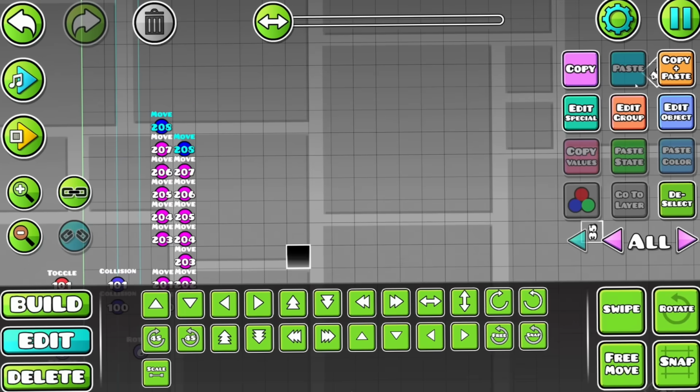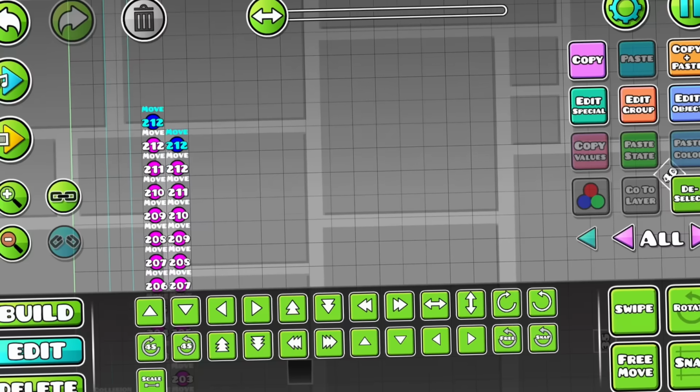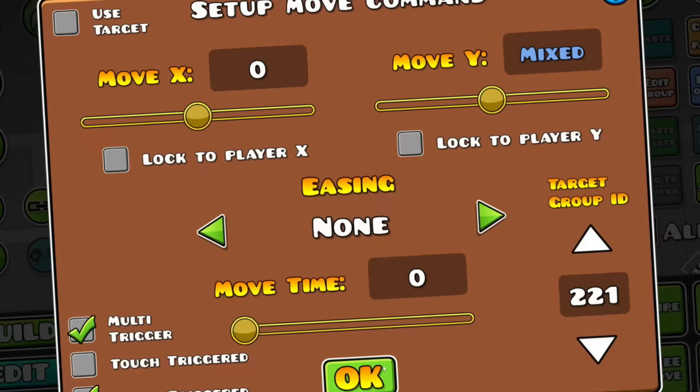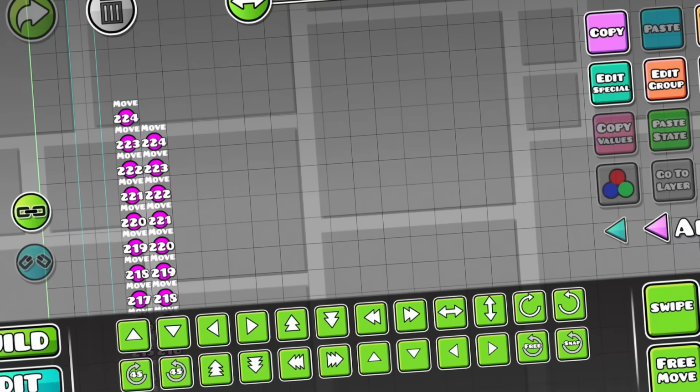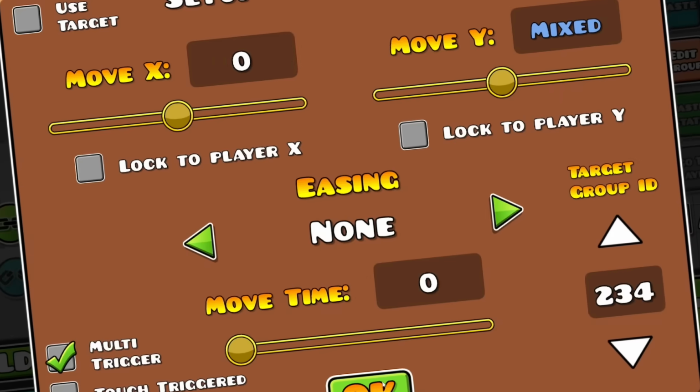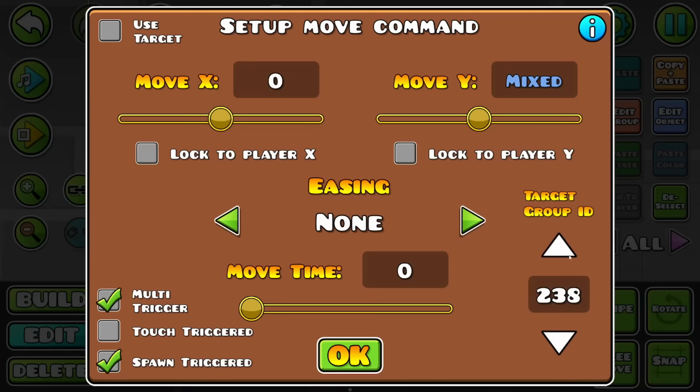A trigger's Y position doesn't actually matter, but it's just nice for me to be able to select each individual trigger and be able to have a better visualization of what I've got. There's 40 frames and we started on 0, so that means our final target group ID should be 239. Boom, there we go. Then I've got to fill in the 202 that we missed, which is plus 100, and